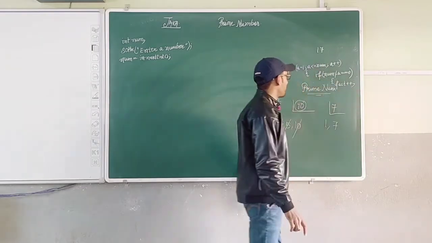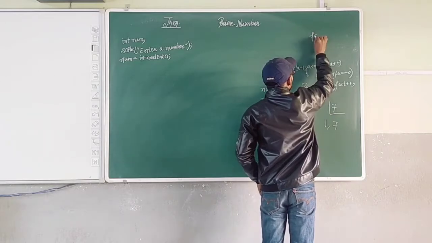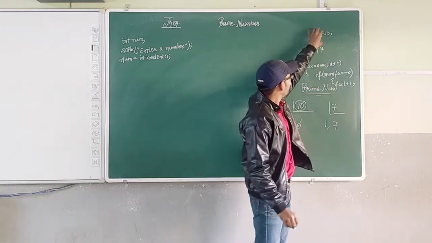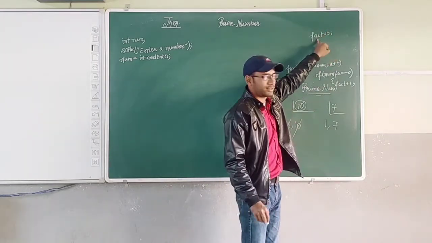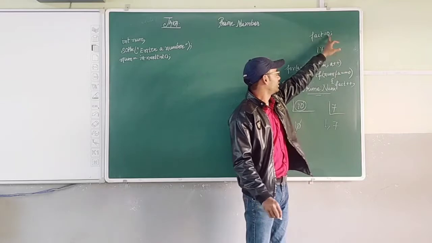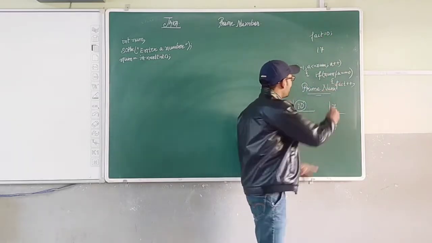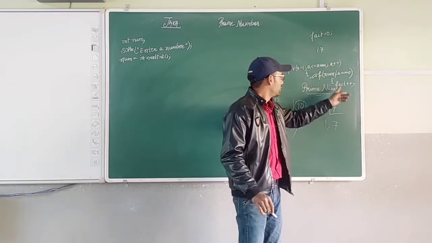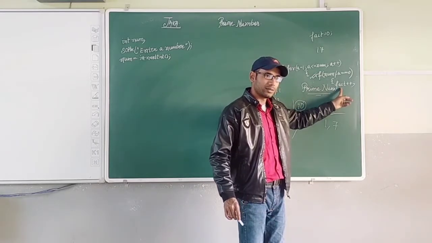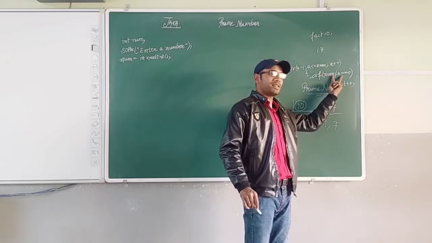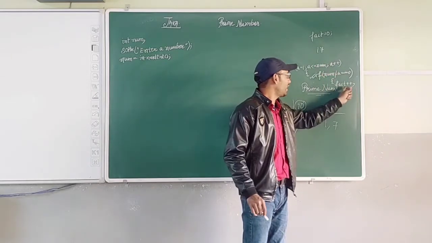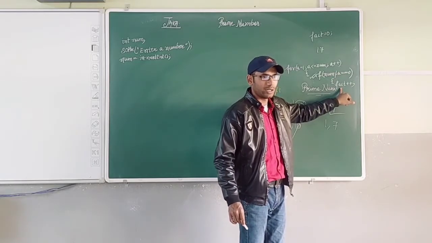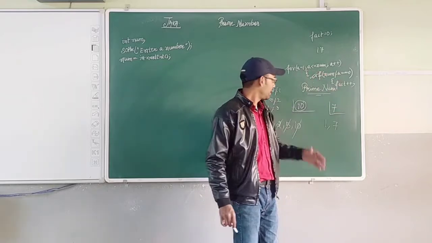This means what? The initial value of fact will be 0. There is a container whose name is fact, and what value is stored over there? 0. If this particular condition satisfies, as many times as true comes, the value of fact will be increased. Let's suppose 2 times. This condition satisfies for 2 times. The value of fact will be 2. That means how many factors? 2 factors. And that is a prime number.